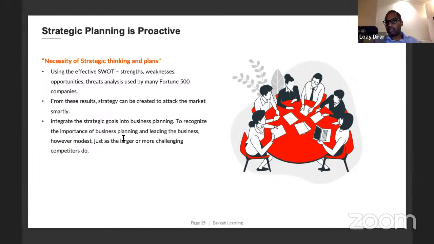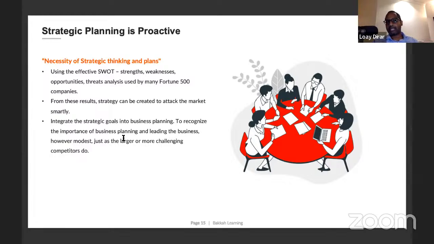You can apply a product life cycle analysis. You can conduct a BCG analysis, and after that you can conduct industry analysis using five forces, or what we call Porter's Five Forces, and many more kinds of tools. But SWOT analysis is commonly used because it's very simple to use and it's still an effective tool. Okay, so you need to integrate the business strategy goals into your business planning,